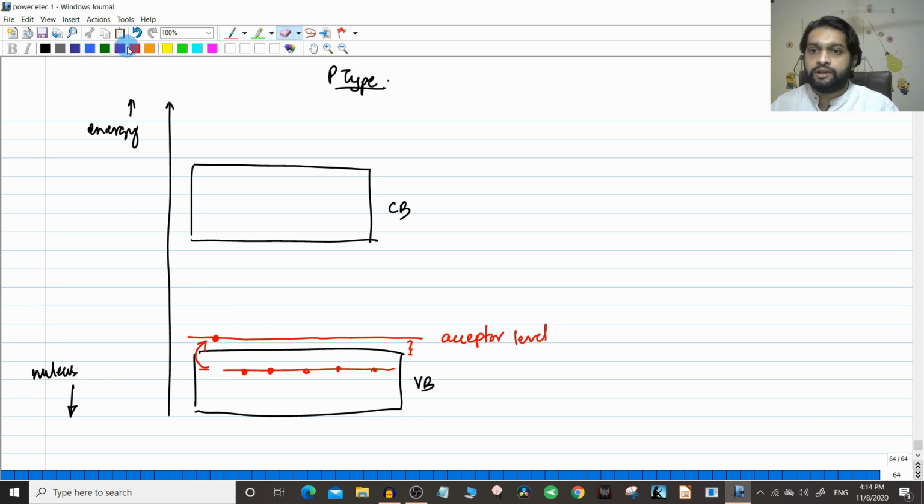In this level a hole is created, right? Once a hole is created, as I already told you, an electron can easily occupy that particular level. So once a hole is created, another electron can occupy that hole. Even though the electrons are moving, occupying different positions, we say it as if the hole is moving. You can see that, which we have explained here.